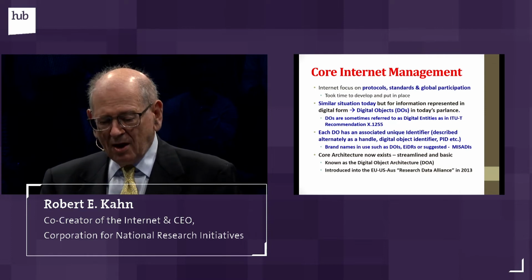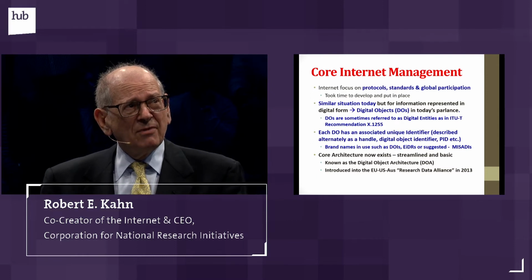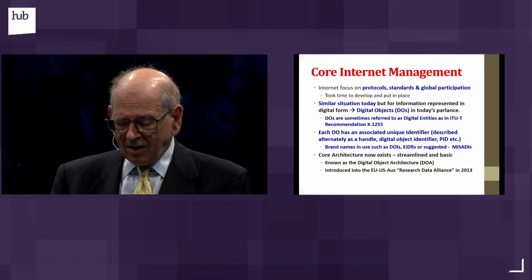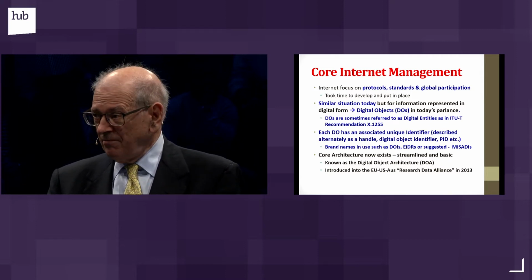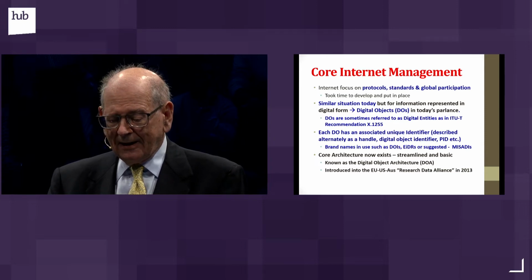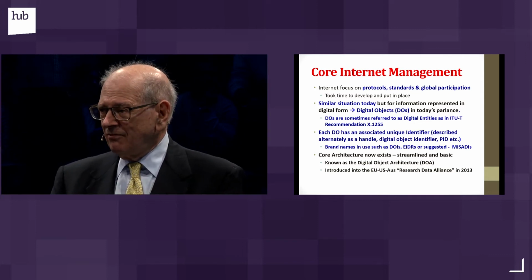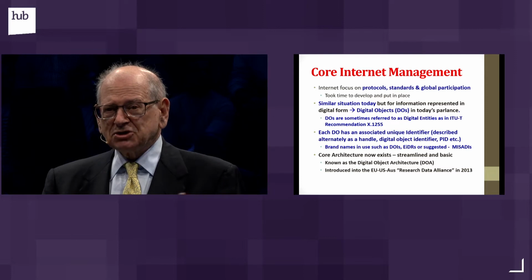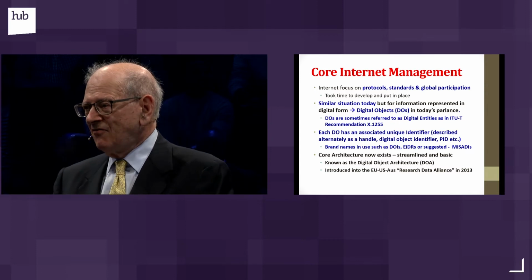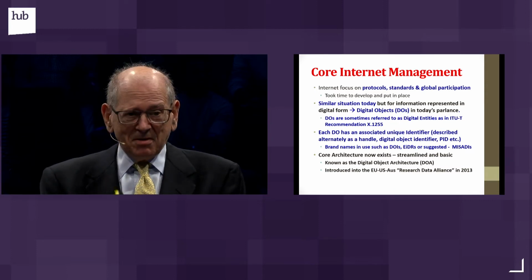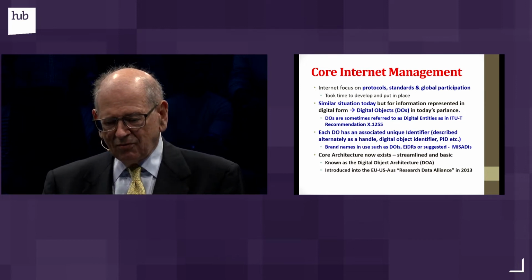So I'm going to say a little bit more about what that is, but this whole architecture was introduced into the European, American, Australian Research Data Alliance, which is looking at this set of issues for big data in a very basic way. And I introduced that at the very first meeting, and they've been really having at it intensely for 6 years now. And so much of what was posed there, they didn't accept at first blush, because they said, well, we need to think about it. What are the alternatives? Maybe there are 10 different ways. And they've been coming back and saying, well, really, this is the minimum kind of representation you would want. And so they're really comfortable with that.